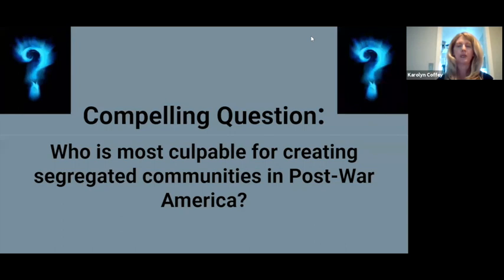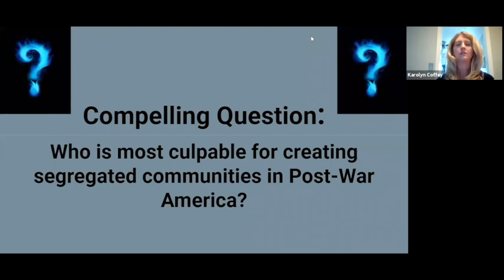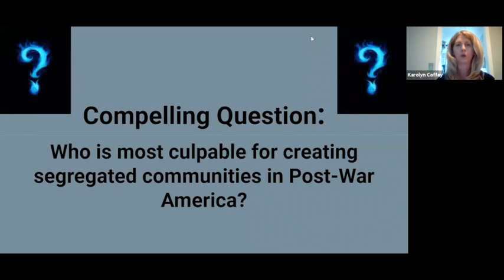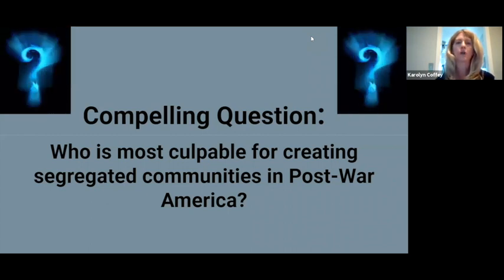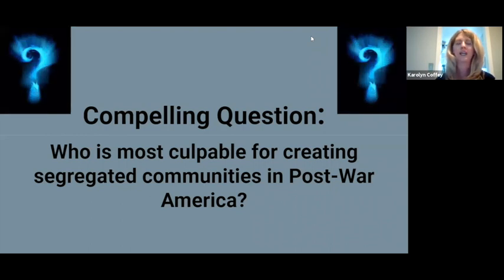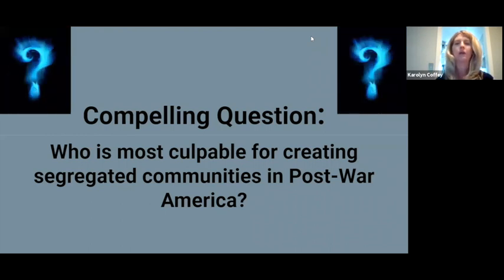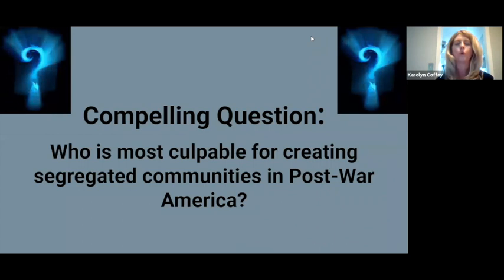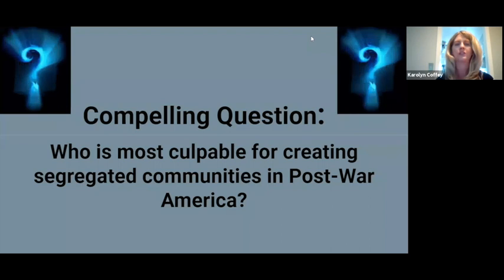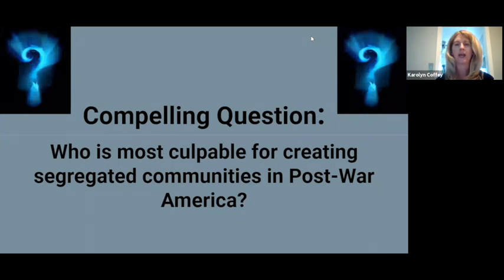We know that peeling back the history of segregation in housing is a lot more complicated than just people's preferences and individual prejudices. So I think that this question is important because in order to understand why even today, when we look at maps, we have segregated communities and all of the problems that follow with them, we get to understand that it is more than just people's individual choices, that there were other factors at play that created these communities.